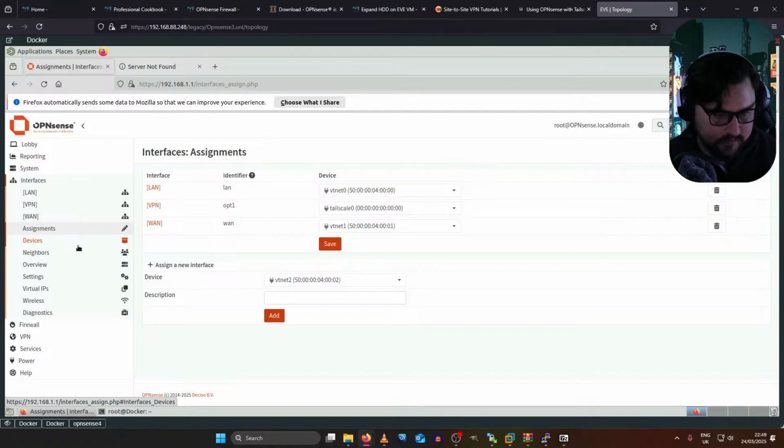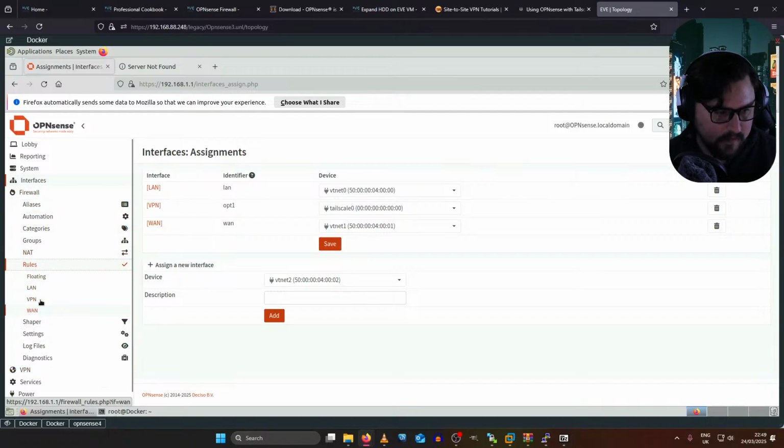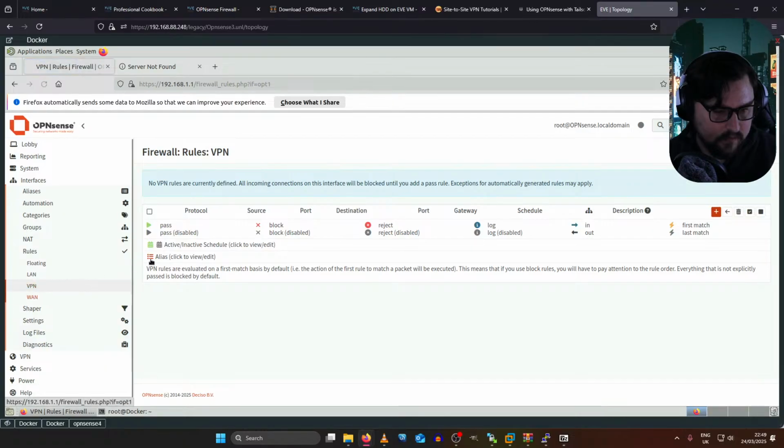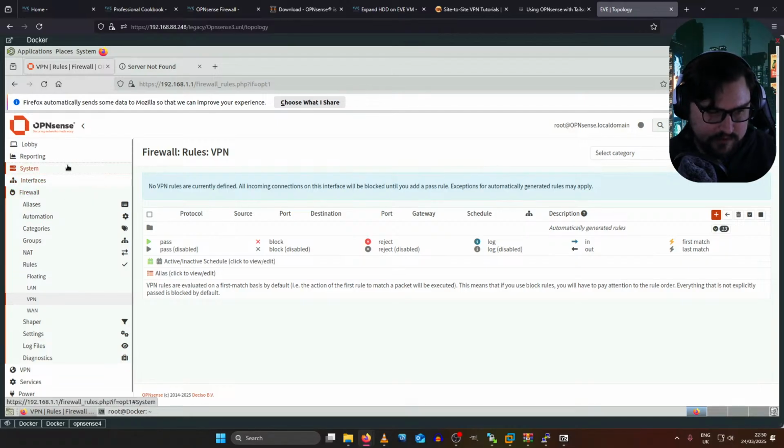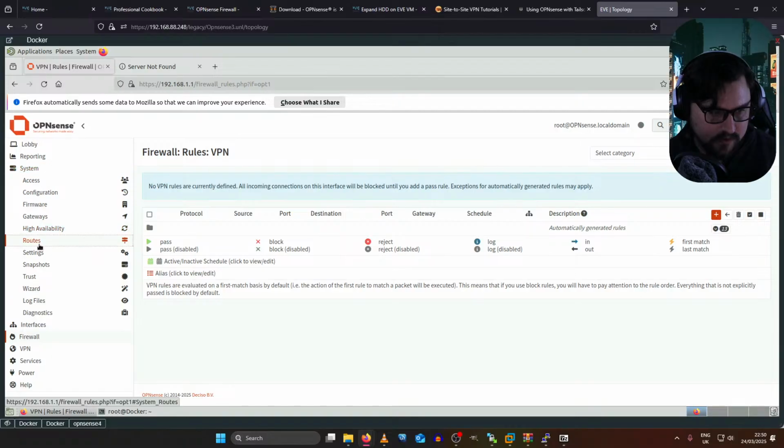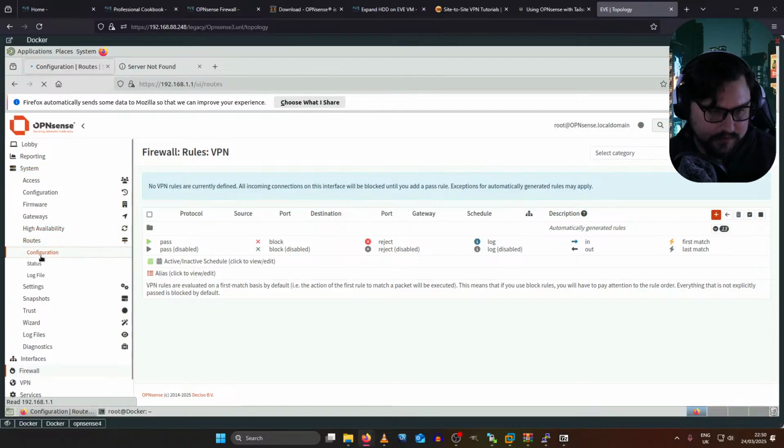Alright. So if we go into our firewall quickly and just look at our rules. Alright, so I definitely think we do need to add a few rules, but adding the rules isn't going to be the final thing that fixes it. I'm pretty sure we just want to have a look at the routing as well, because at the moment